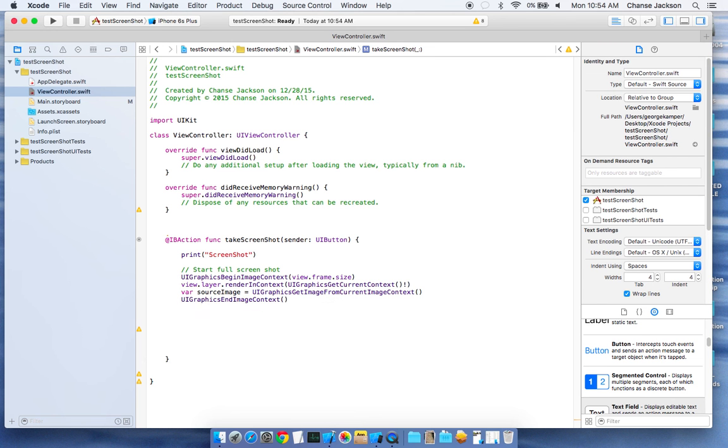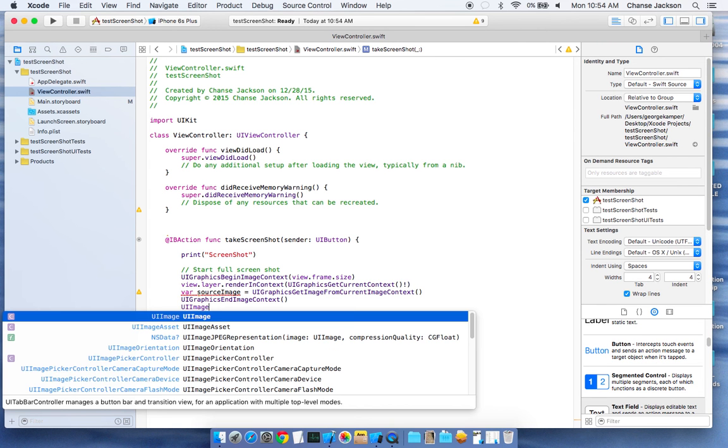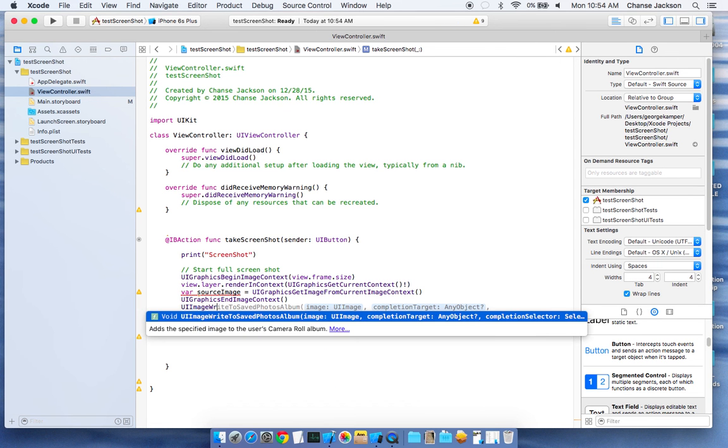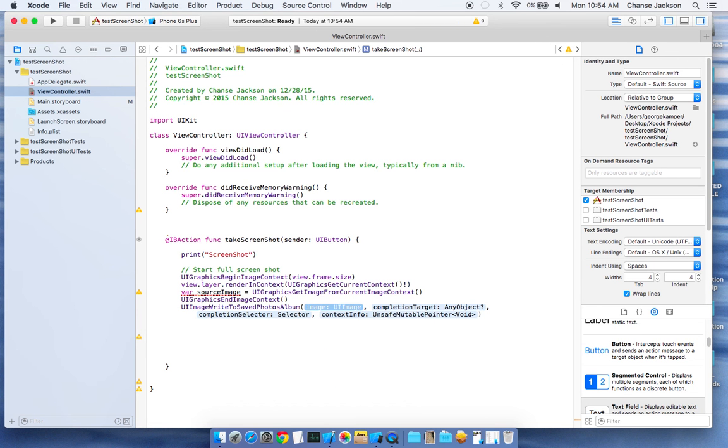And last but certainly not least is the UIImageWriteToSavedPhotosAlbum, and we're going to write the source image,